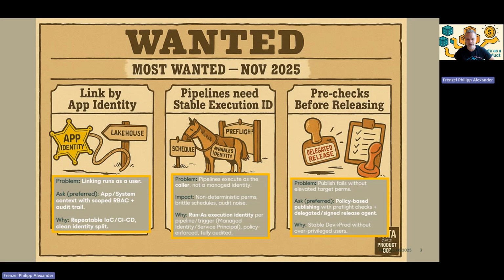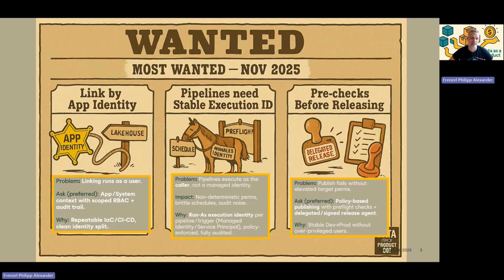So what does it mean? Here, the first one is linking by identity. When you link another Lakehouse in a Lakehouse, this is done within your user context. It means if the user is leaving the company next week, and he was a very productive person who is retiring and left a ton of logic and algorithms, you have to remap every object item that is linked to this user onto the next user, which is not possible.